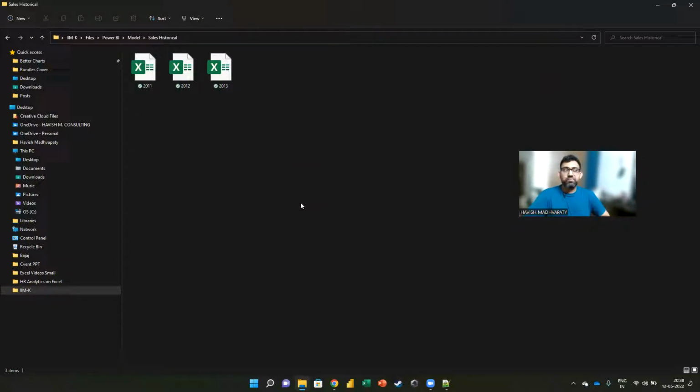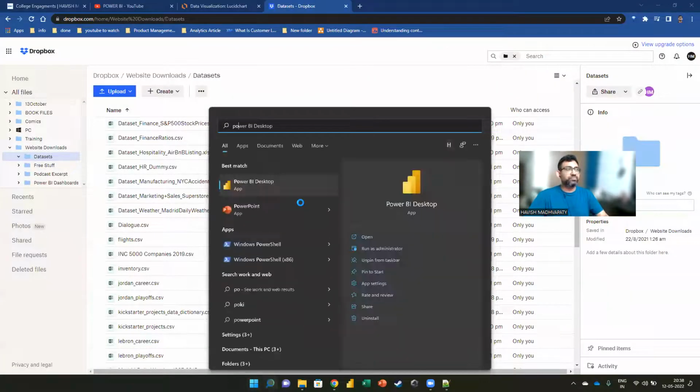Now ask yourself, if you had to combine the data from all the 3 files into a single file, what would you have done? Copy and paste, right? Obviously, there is no other way other than copy, paste, one below the other like this. You can't do anything else, right? But now you can. Watch this. I'm going to go to Power BI.